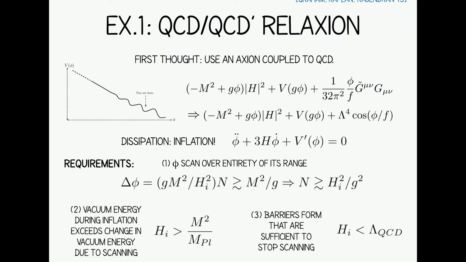Okay. So you need some reason, not just for the bumps to turn on, but then you also need some reason for the field to stop when the bumps turn on. So that means you need a source of dissipation, right? You need to get rid of the kinetic energy stored in this evolving field. Now, dissipation, of course, in quantum field theory, it's a little hard to get nice sources of dissipation, but